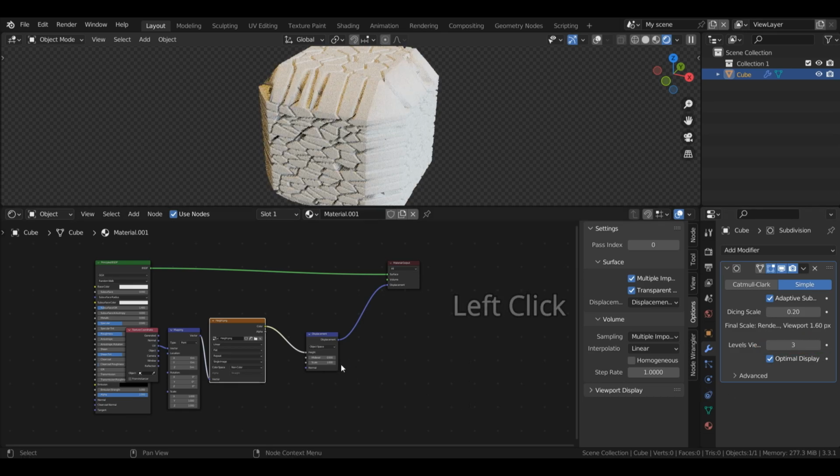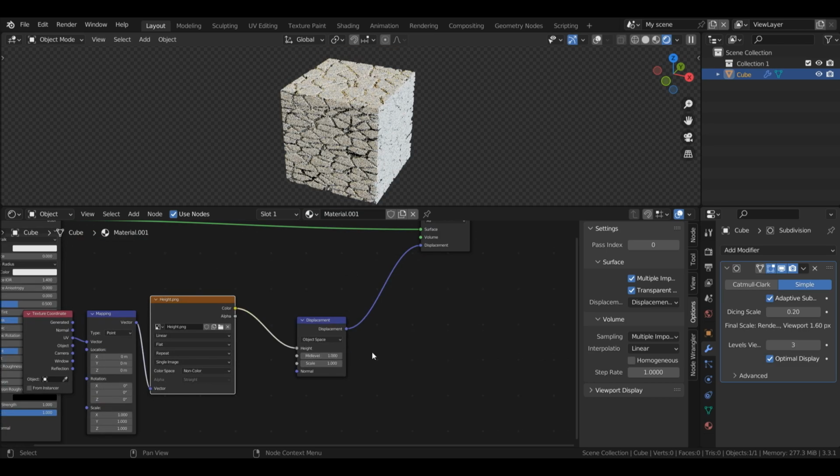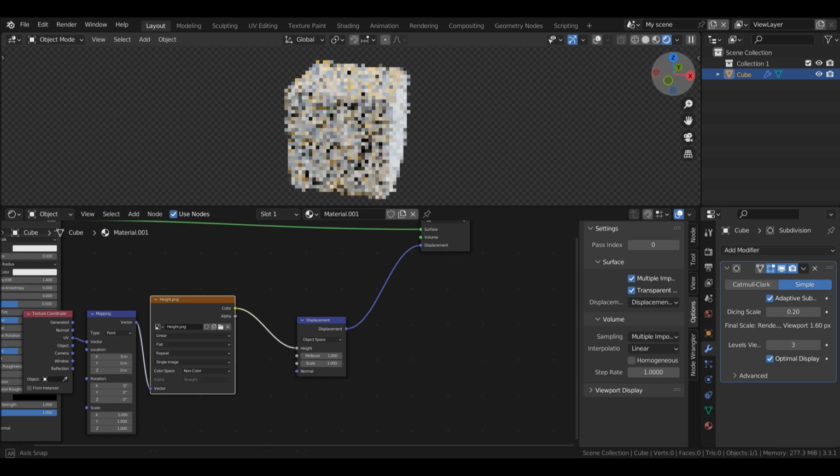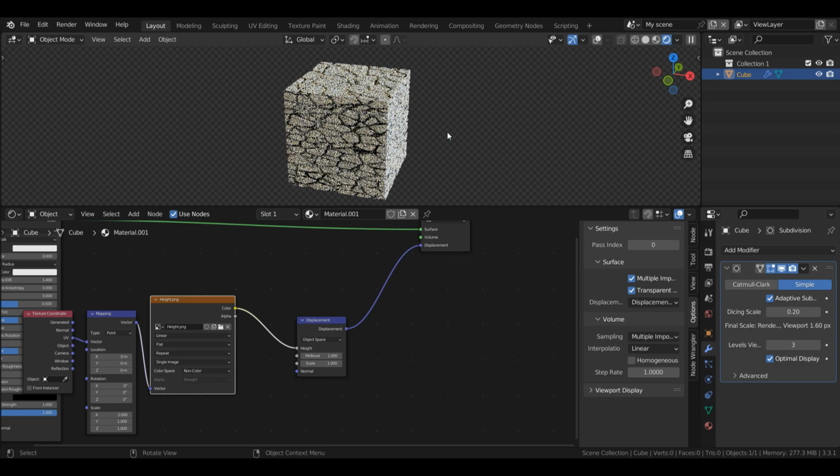Now things are starting to work, but things are a little bit crazy here. One thing I can do here is set my mid level to 1, and this will bring things back to normal for our cube. You can see that the difference between this and bump is quite significant, since there's a lot more detail, and this is why displacement looks absolutely awesome.